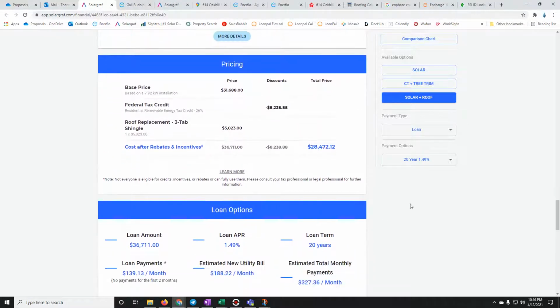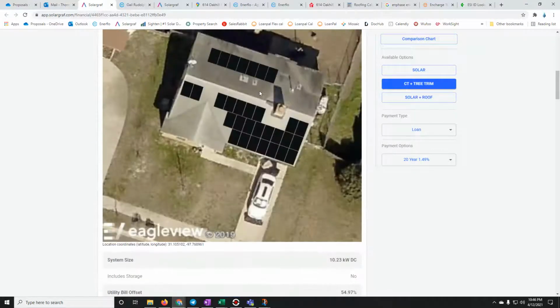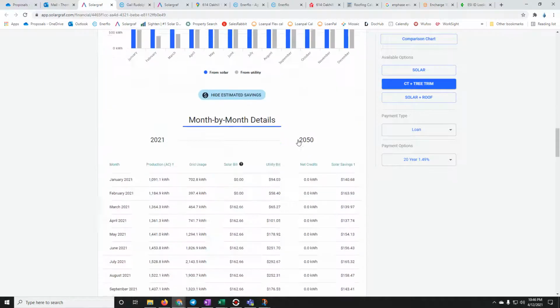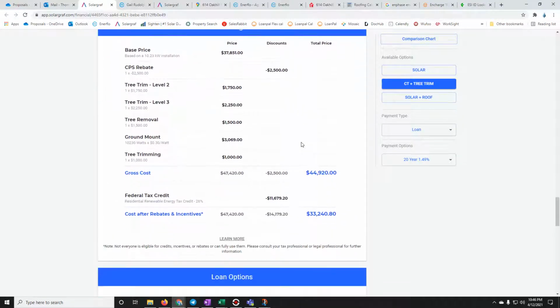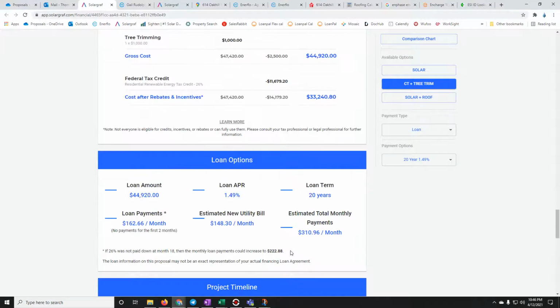Now, let's say you have an adder option. We go back to that tree trim. We want to trim that tree, add in counter tilts. Well, down here on the pricing tab, I've literally added all the adders we have, so you guys can see what that would look like. So here you're going to find your tree trimming, ground mount, rebates, any additional costs or discounts that would be applied to the proposal will show up in the pricing tab, and your gross cost calculated here, net cost calculated here, and you'll see that